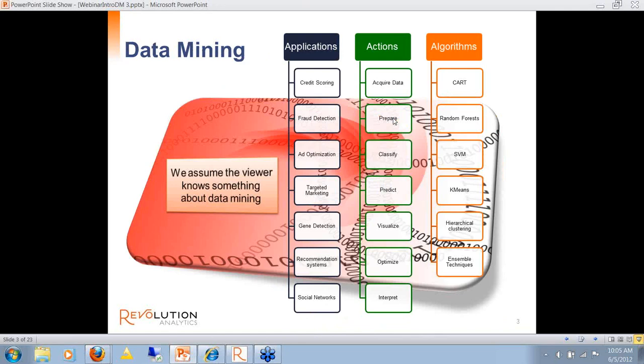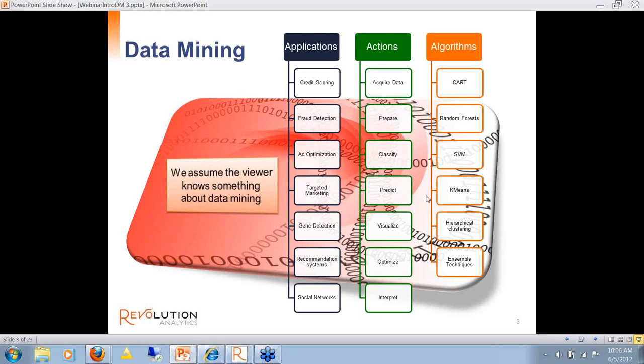Depending how you approach it, it can mean different things to different people. Some people start through some particular application that they're interested in, credit scoring, ad optimization. Some people think of the data mining process, the procedure whereby you acquire data and explore it and clean it and build predictive models.